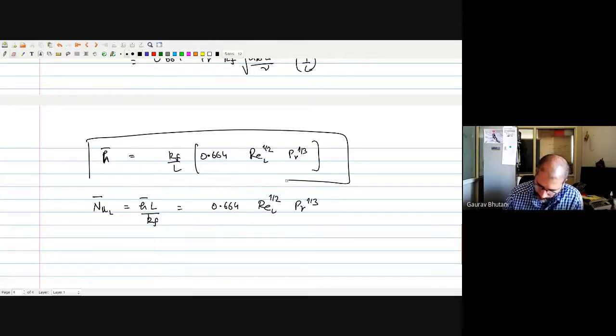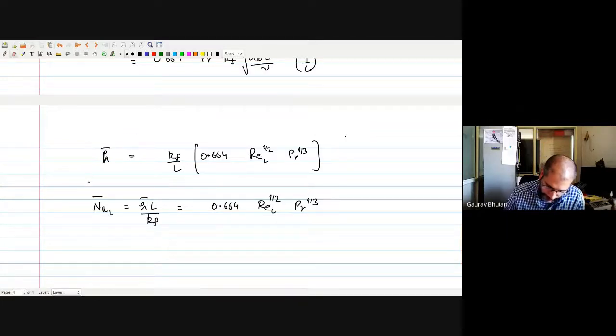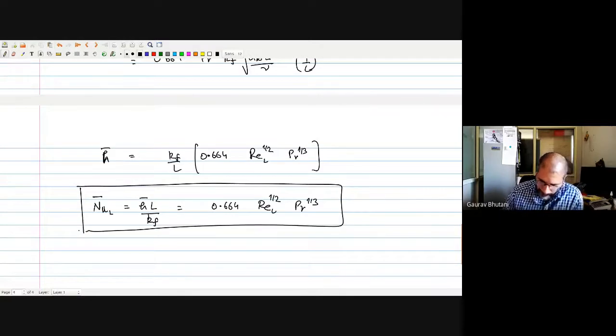In fact, mark this one. This is extremely useful for us when we're trying to find the average heat transfer coefficient, which is written in terms of the average Nusselt number. So if you look at this expression, which I'll call B,